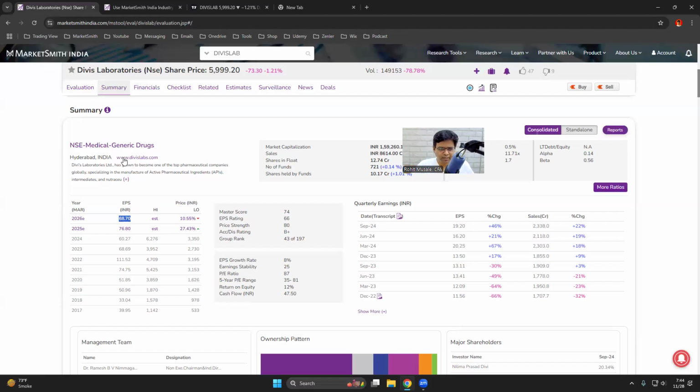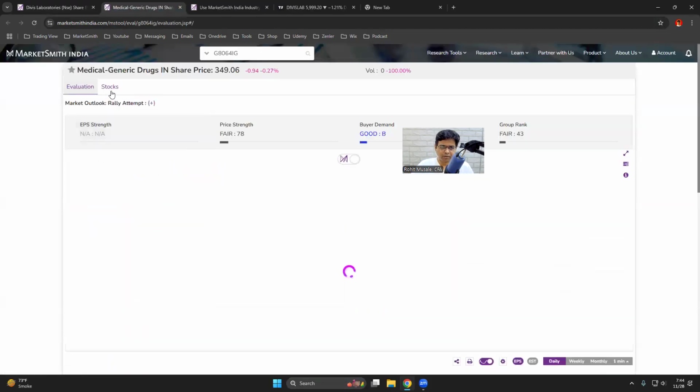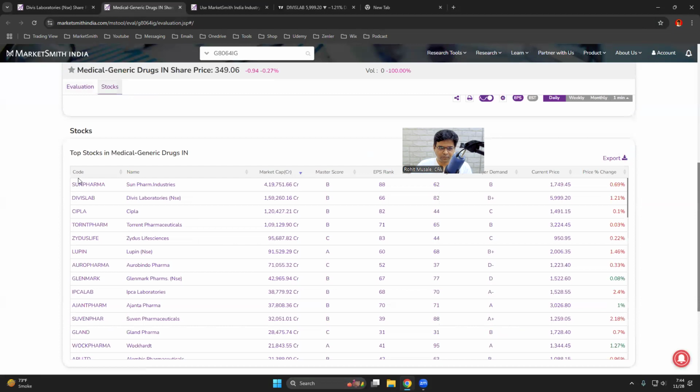So if we look at medical generic drugs, I click here. You come here, you click on stocks. You see the market cap wise, it is sorted in descending order. Sun Pharma, Divi's, and Cipla. Now, Divi's does come in the top three companies as per market capitalization within the industry, but the margins are